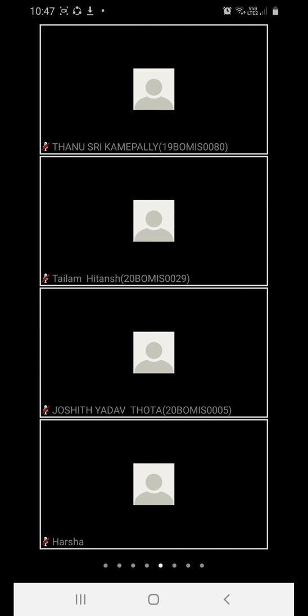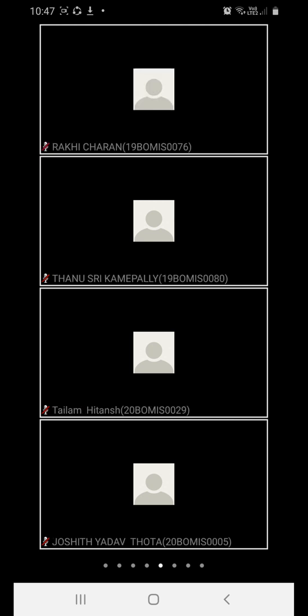The first one is tropical zone, and the second one is temperate zone, and the third one is frigid zone. Means tropical zone, we can experience extremely hot; in the temperate zone we can find neither so hot nor so cool. We can find the medium kind of temperatures in the temperate zone. And coming to the frigid zone, we can find the minus degrees of temperatures in the frigid zone area.